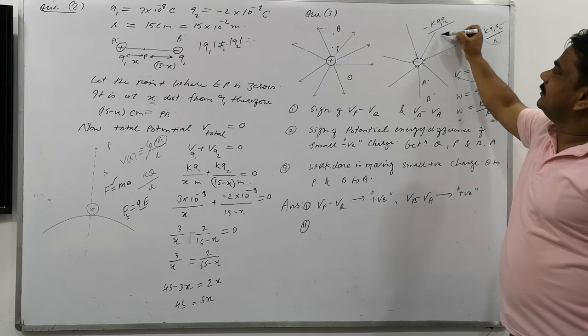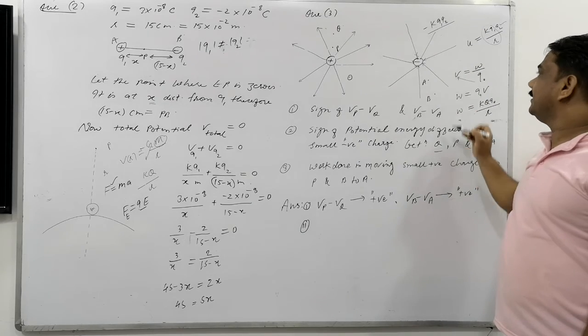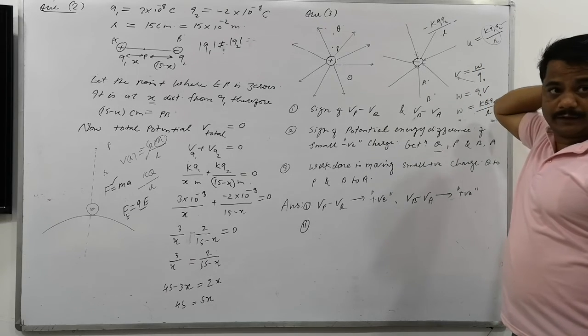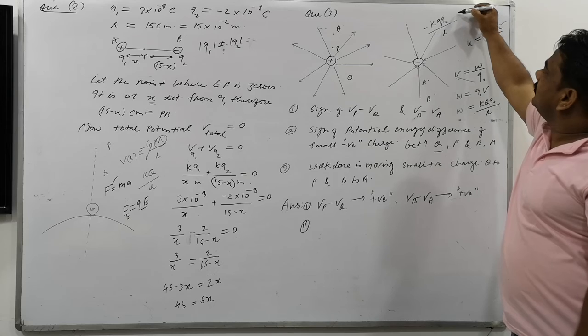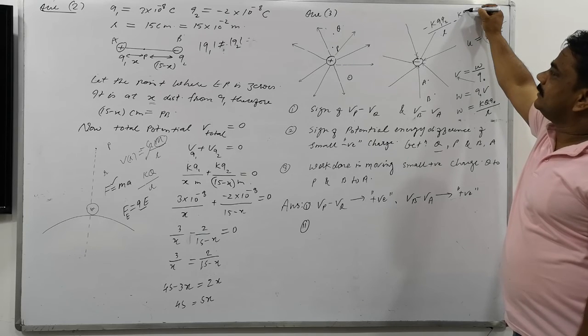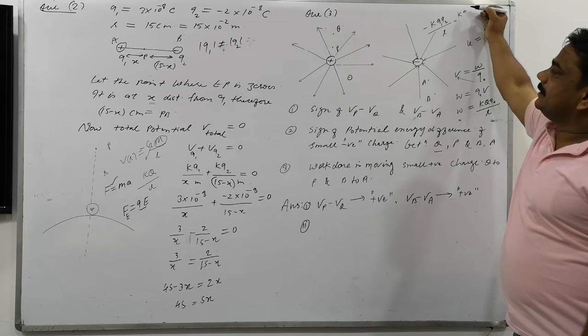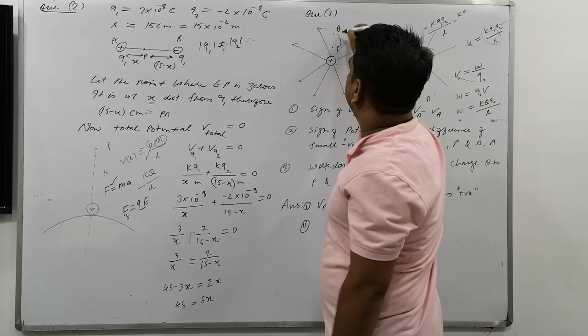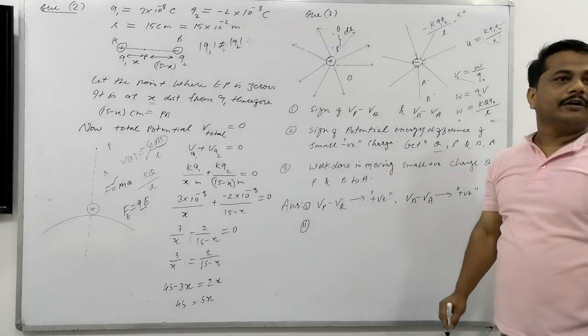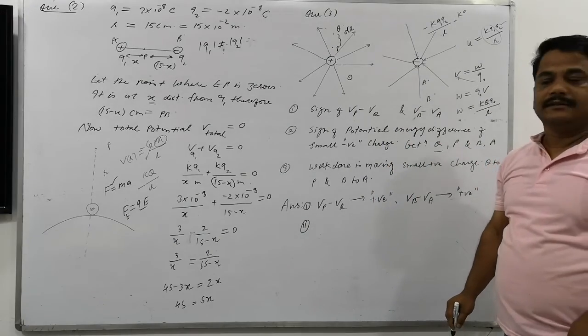Clear? Q1 and Q2. And the position vector here will be what? Between P and Q, so R. The second difference we have to find out. Okay. The difference will be what again? K, and second is what here? This difference is there. It's a del R, we can say here. Clear? So will the work be positive or negative?